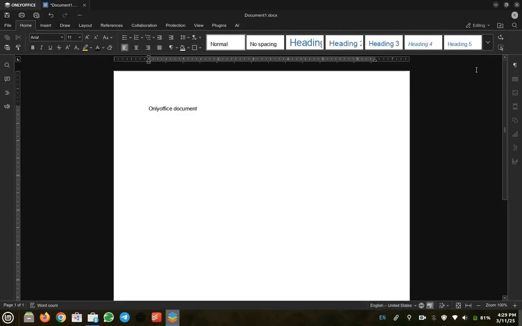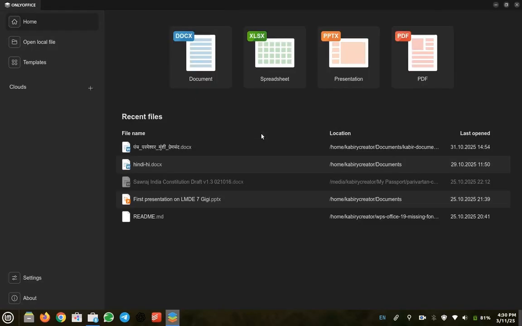That's why when we need more compatibility for MS Word formats, we can use OnlyOffice also. But nowadays LibreOffice is also developed so much, so it doesn't matter if you use LibreOffice or OnlyOffice. It will just work. So now we don't want to save it because we know how to save.